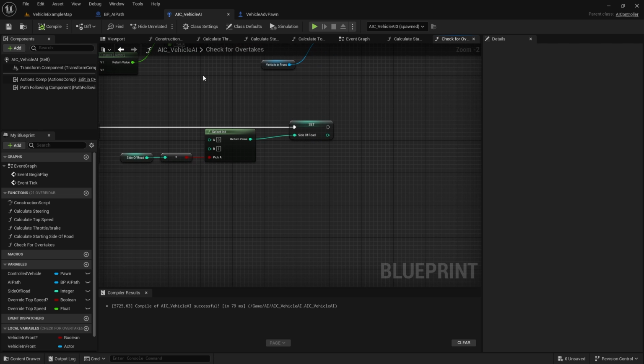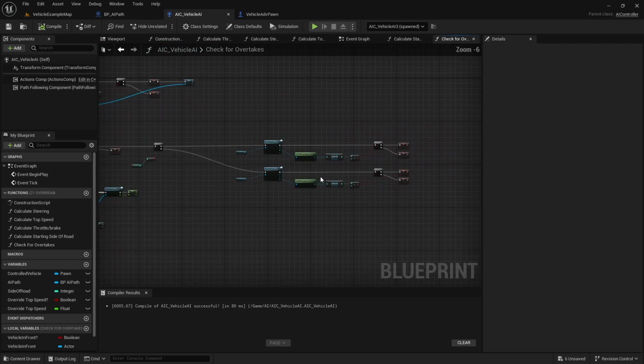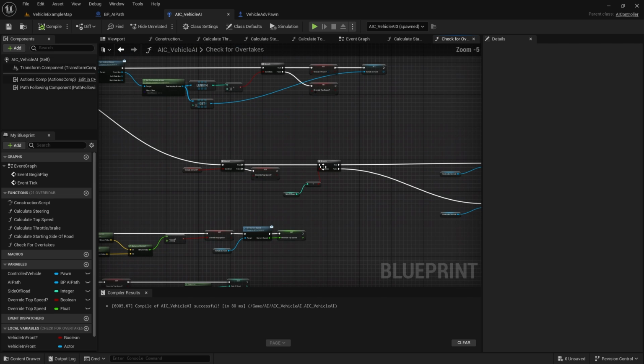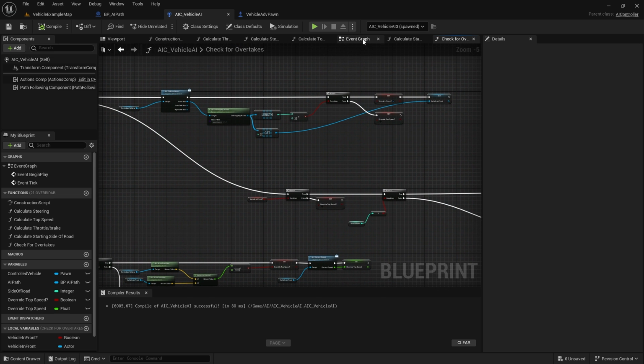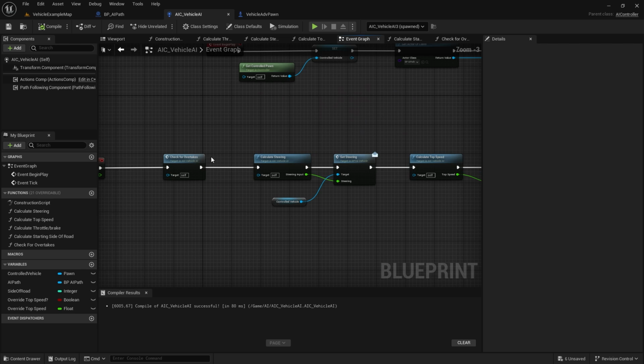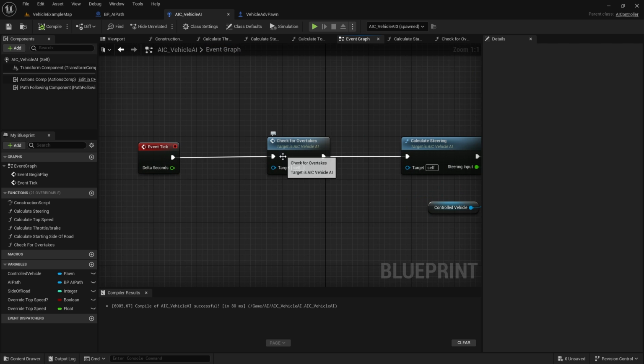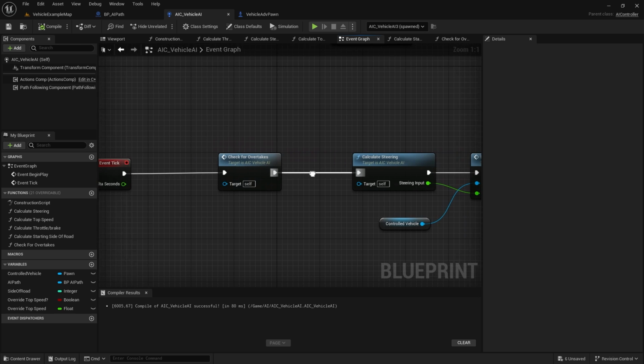But these are all things you can do to improve the AI, and I'm not really going to talk about them because that's really something I want you to experience on your own. But they aren't really hard to code. I just know you're going to have to use the event graph for it because stuff like delays and timers don't work in functions. Anyway, one thing we can do is, of course, clean up the check for overtakes function,